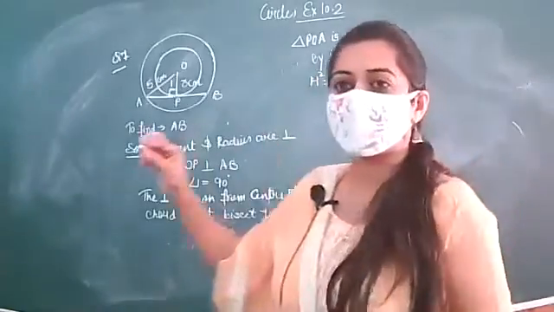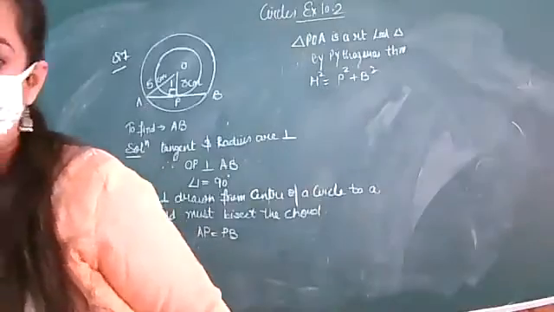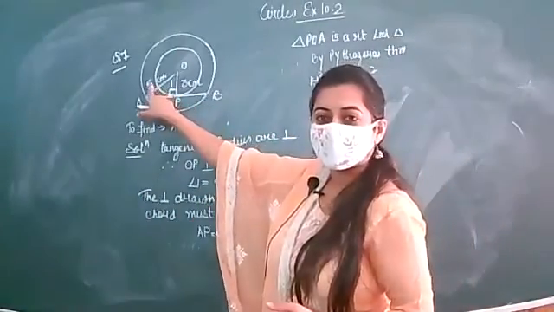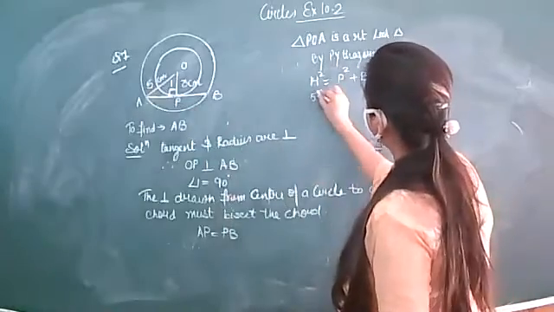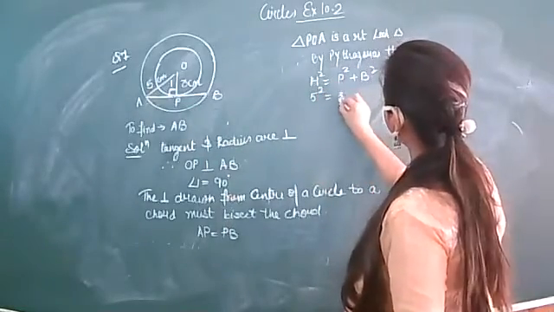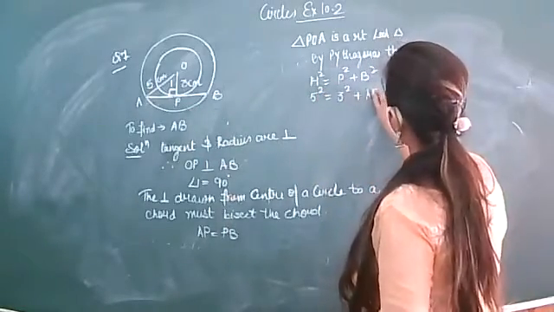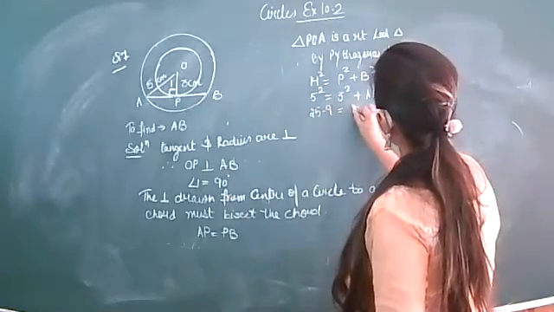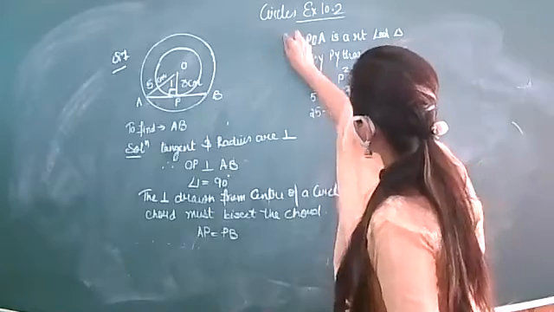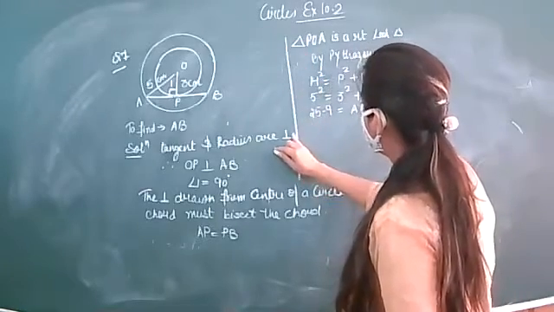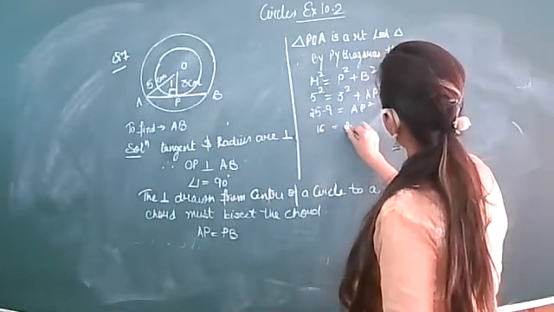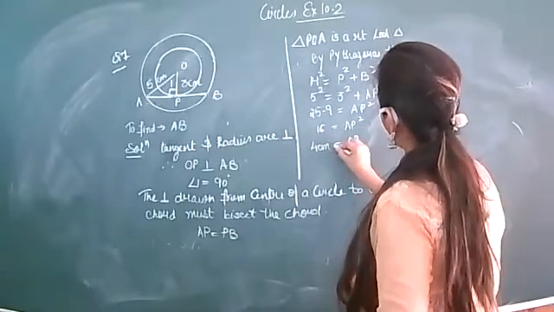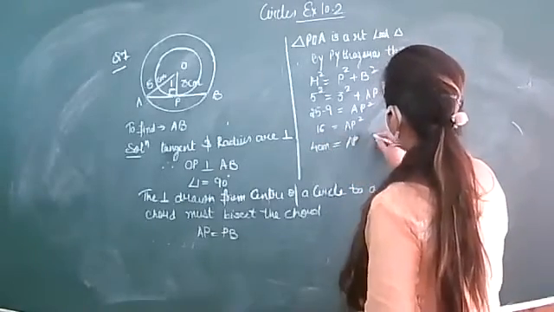If you want to write the names instead of this formula, you can. So in front of this 90 degree, this 5 centimeter will be your hypotenuse. So this is 5 square, perpendicular is 3, base is AP square. So this is 25 minus 9, that is AP square. So this will give you 16. So AP is 4 centimeter because negative will be rejected.